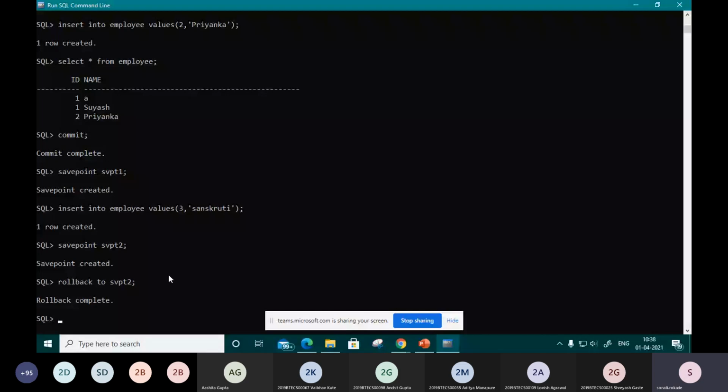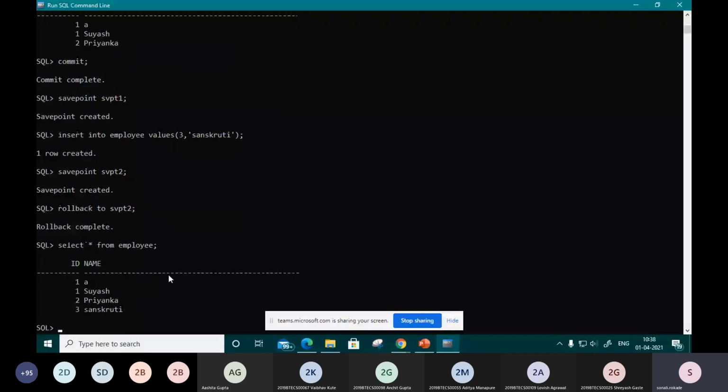Okay. So when we select star from employee, we have these 4 rows. And sometimes it happens that we don't remember how many savepoints we have created, and only the last savepoint created is in your mind.